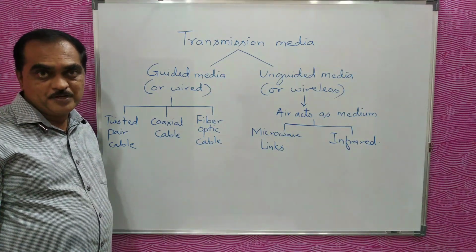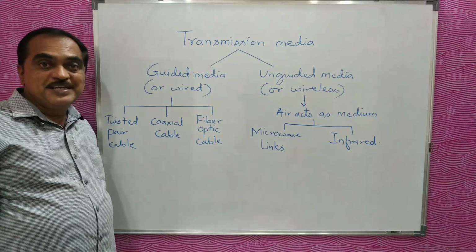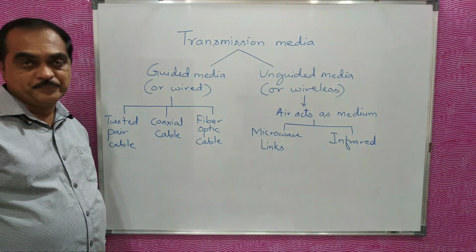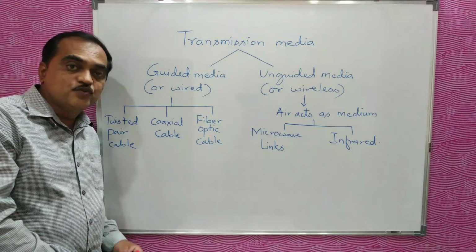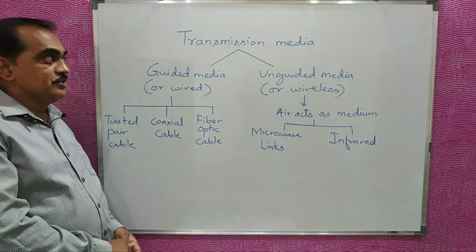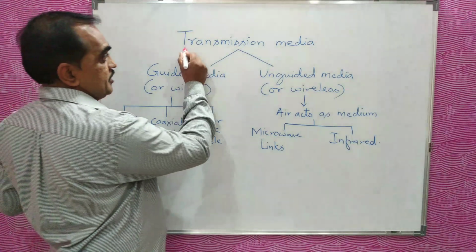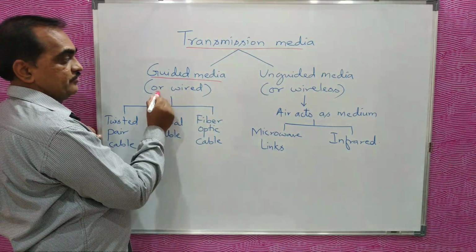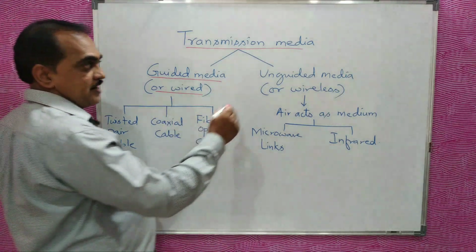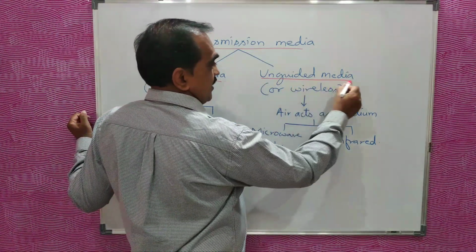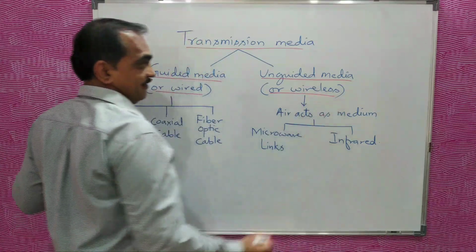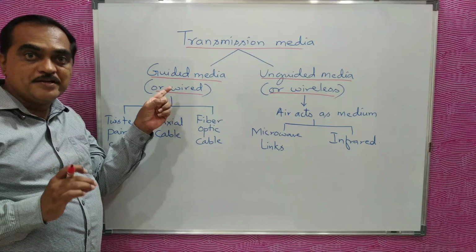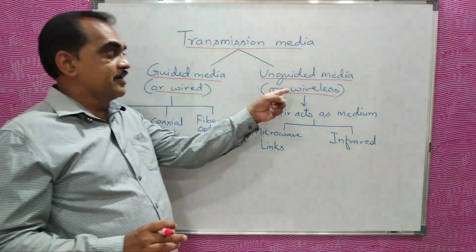The path between transmitter and receiver in which the data travels is called the transmission medium. Transmission medium can be classified as guided media or unguided media. Guided media is wired, and unguided media is wireless. So either it is a guided media with a physical wire, or it is an unguided media,